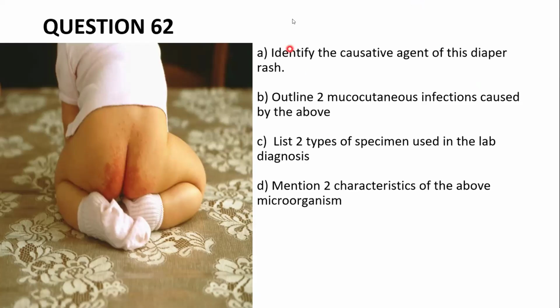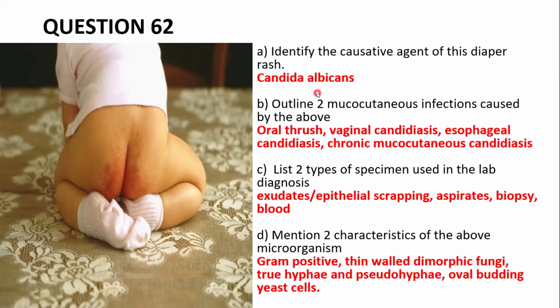Oral thrush, candidiasis. Very good. Vaginal candidiasis, very good. Okay. So we have oral thrush, vaginal candidiasis, esophageal candidiasis, chronic mucocutaneous candidiasis. Then the type of specimens: we have exudates or epithelial scraping. So we usually scrape here, then we take it to the lab. Aspirates, biopsy, you can take a biopsy and take it to the lab, then